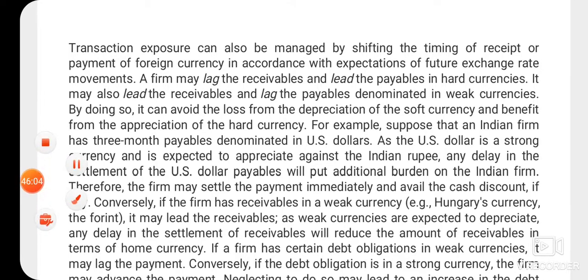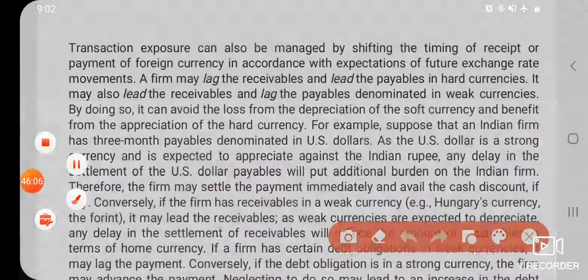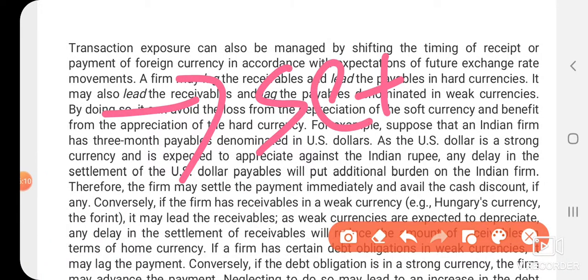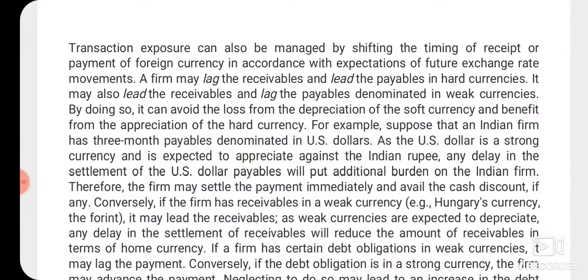So what they are doing is, in such situations, they will be settled first. Why? Because they are not waiting till March to settle. Because in such cases their US dollars may appreciate, which means automatically we will get the losses. So they will settle in that month itself, or they will settle immediately and